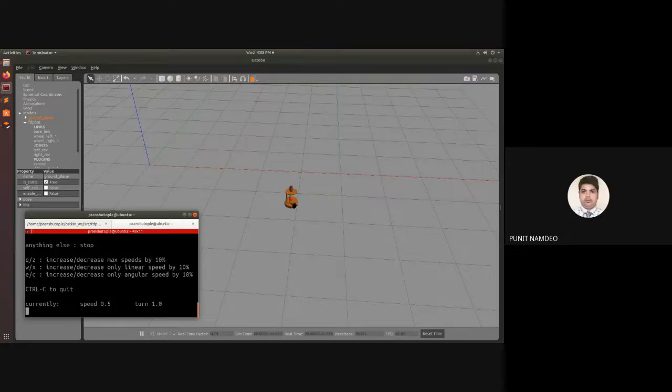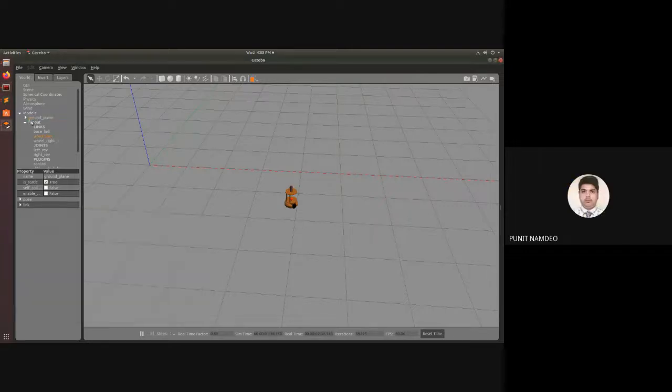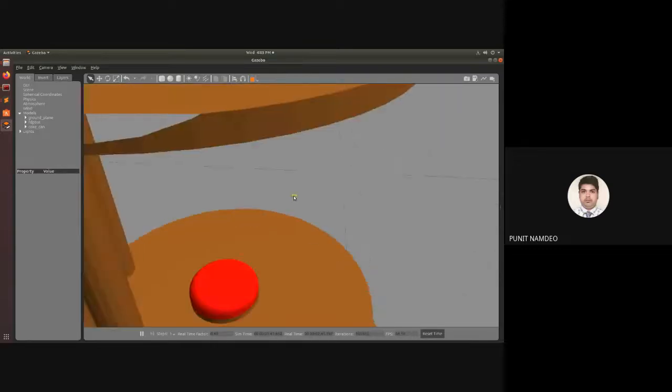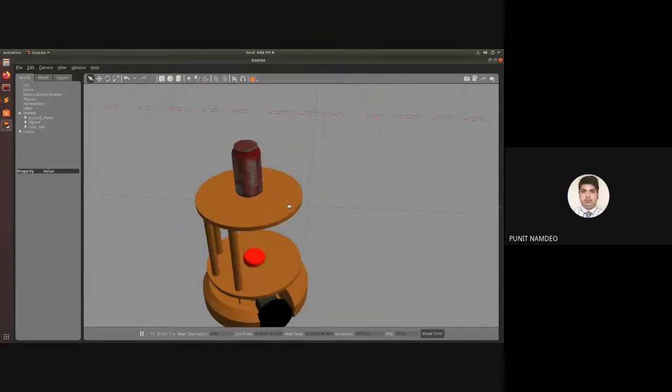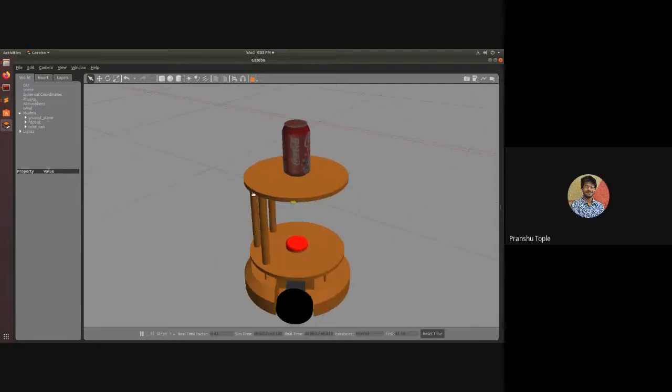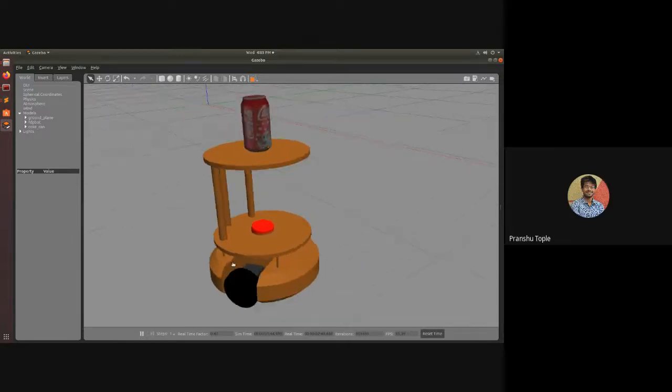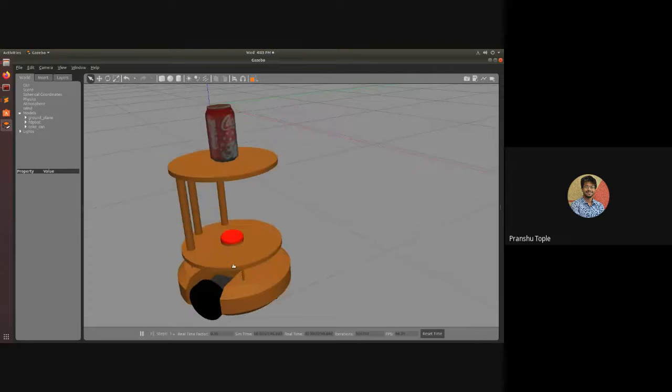Excuse me, sir. We are creating this 3D image of the robot. Sir, when we do the hardware implementation, what is the process called, and what will we do next with this? Okay, so in this faculty development program, hardware will not be covered. In this faculty development program, it is just simulation.